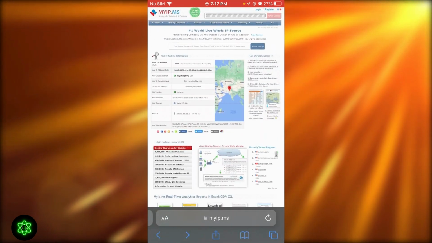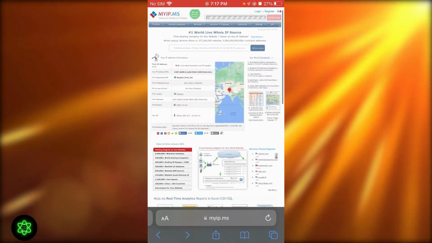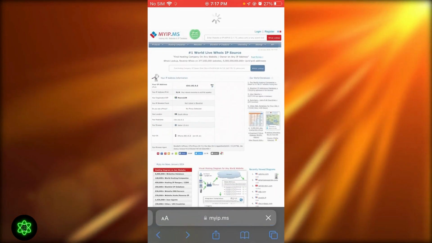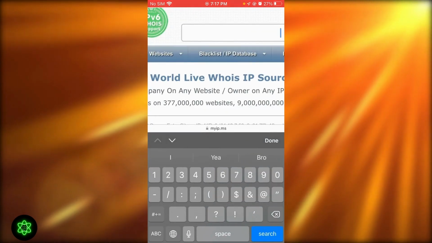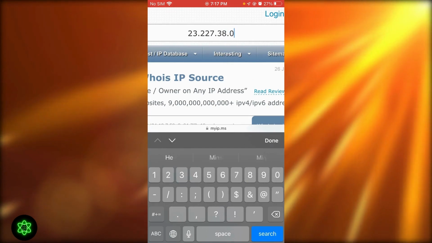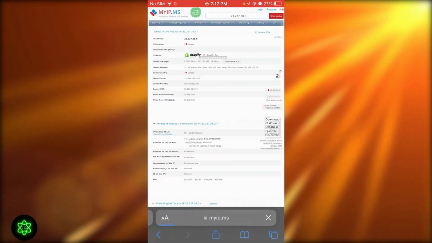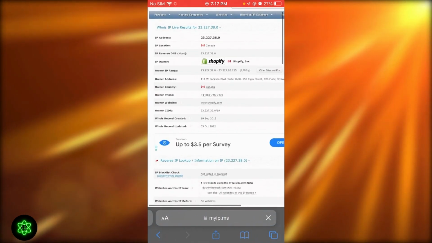browser you use. And on this, you are going to go to the website called myip.ms. Once you come to myip.ms, it's going to give you this website where you're going to go into this top section over here. And here, you're going to write 23.227.38.0. So you're going to write that and search it up. Now, once you search it up, it's going to bring you here where it's going to say IP address, Canada,